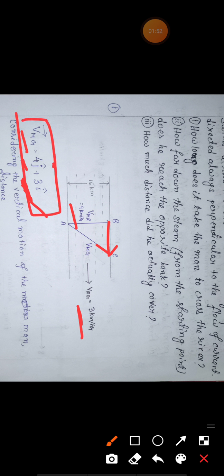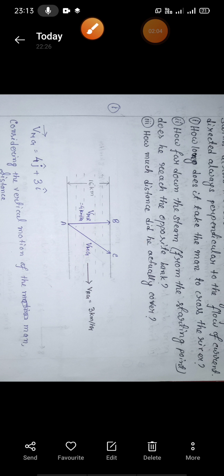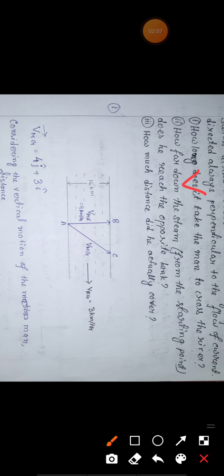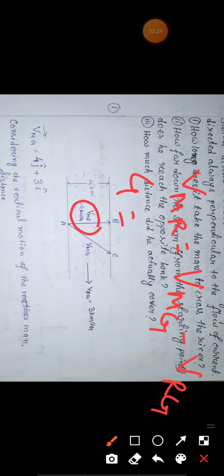Okay, so you can derive this equation in this way also. So we can write that velocity of man with respect to river. In the previous class we taught that in relative velocity cases, velocity of man with respect to river is equal to velocity of man minus velocity of river. Velocity of man with respect to what? With respect to ground, and velocity of river is also with respect to ground. Now, what is the velocity of the man with respect to the river? It is given 4, equal to velocity of man with respect to ground, which we don't know, V of mg, minus velocity of river. We know velocity of river with respect to ground is 3.